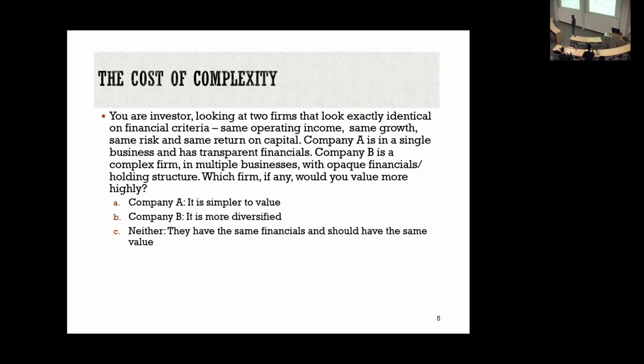One final point. Some of you are valuing companies that are going to be easy to value, easy because the accounting is straightforward and you know what they do. Some of you are working with companies that are messy in many ways. The accounting is messy, the business mix is messy, they have special purpose entities. Which of the two companies, assuming the numbers look pretty similar, would you value more highly? The simpler company or the more complex company? Let's say all of the numbers look exactly the same.